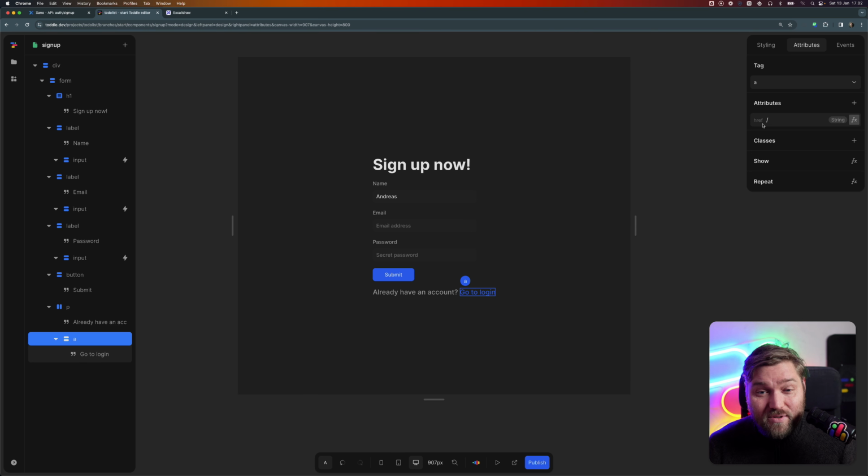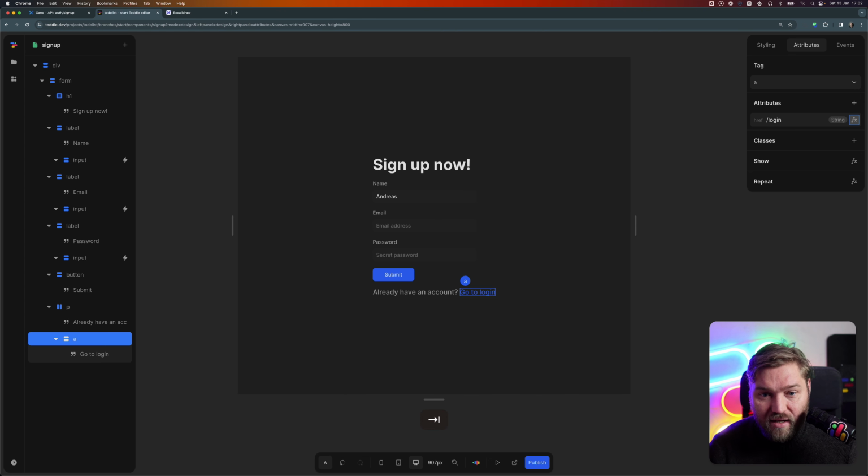But if it's the first time you're seeing it, it's not going to make any sense, right? At least src, or source on image, makes some sense, but href, I think, is one of those that you just kind of realize that's how it's always been, and there's not a lot we can do with it without breaking convention, right? So we're using the href here, and what we want to set it to is